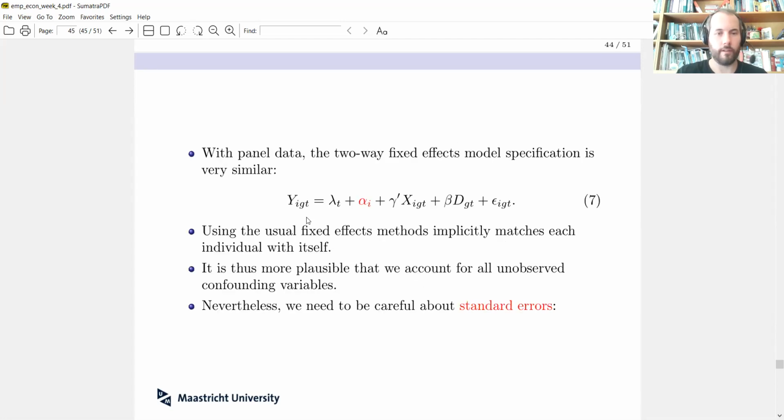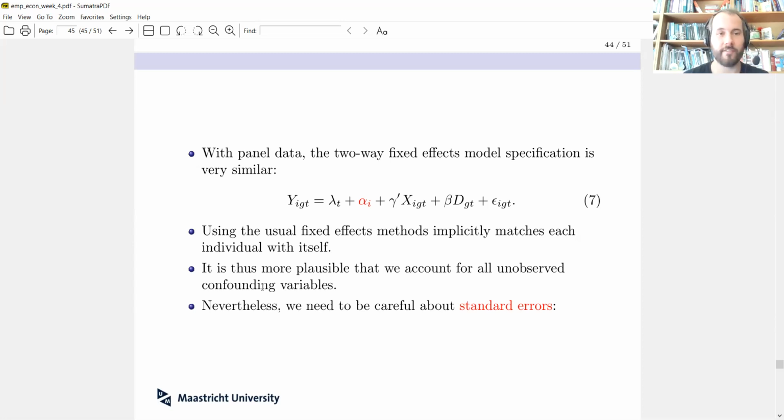Okay. If you have panel data, everything is pretty much the same. You see I made this in red. It's now that simply instead of a group fixed effect, you have an individual fixed effect. Not much of a big change. It's of course a little bit more plausible that the treatment and control are comparable, because what is now treatment and control? Treatment and control consists of the same individual. It's the same individual after treatment compared with the same individual before treatment. And this makes it pretty plausible that treatment and control are comparable because it's the same people. Okay.